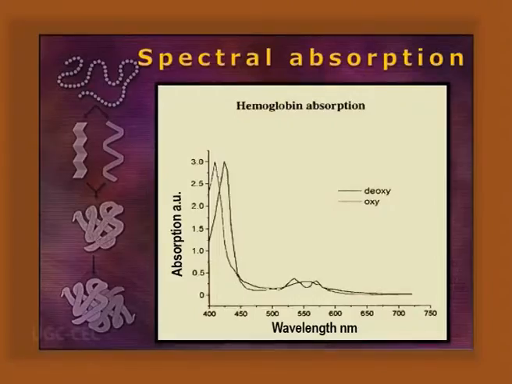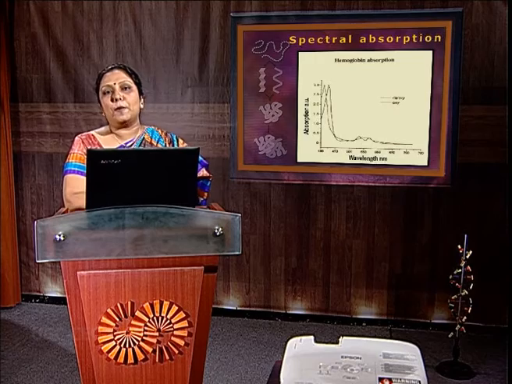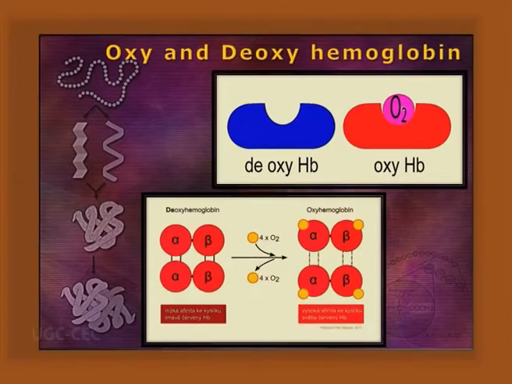Spectral absorption: as we know, Fe3+ is the condition called methemoglobin in case of hemoglobin, or in case of myoglobin it is called metmyoglobin. Within the RBC, methemoglobin reductase is there, which actually converts it back to the Fe2+ condition. According to the absorption, Fe3+ in methemoglobin has absorption at 405 nanometer. 430 nanometer is for the arterial blood, which is purple in color, that is the Fe2+ deoxyhemoglobin condition, and the Fe2+ oxyhemoglobin condition has absorption at 415 nanometer.